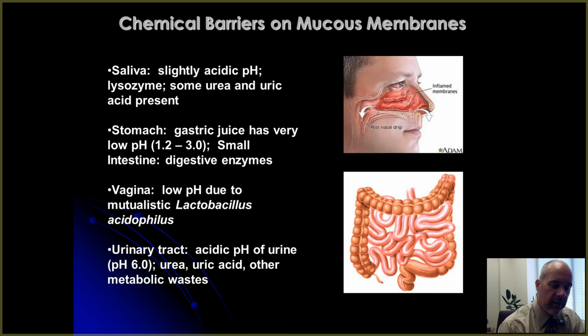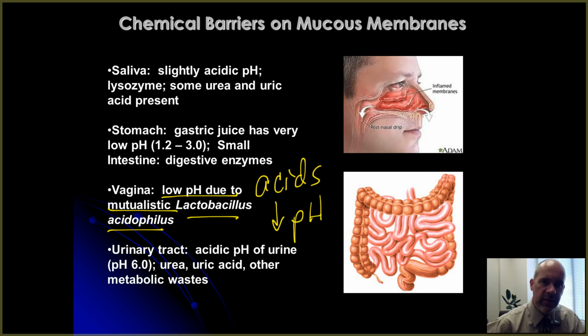Along the vaginal lining, the pH tends to be lower, acidic, and that's mostly due to bacteria that live there naturally that are called Lactobacillus acidophilus. And acidophilus actually means acid lover. And what those bacteria do is they do fermentation with carbohydrates that are present in the mucus along the vaginal lining, and they create acids from doing fermentation, and that helps lower the pH along the vaginal lining. So that controls overgrowth along the vaginal lining by other types of microorganisms